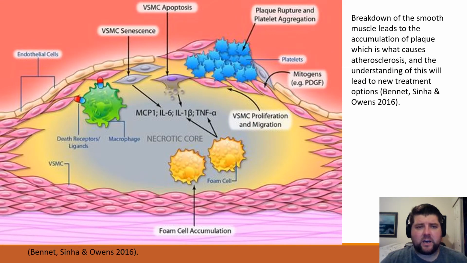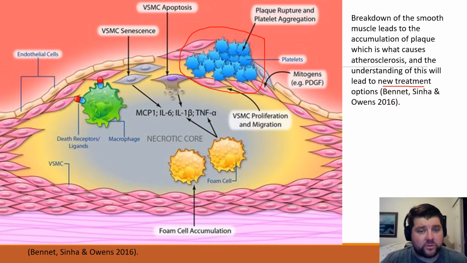So understanding exactly how these smooth muscle cells work is very important because there's a life cycle for these cells. And what happens in the breakdown of the smooth muscles is it leads to the accumulation of this plaque here. And this is what they mean when they say, oh, you've got butter in your arteries, and it's clogging up your heart. This is what they're talking about. And this accumulation of plaque causes atherosclerosis. I'm probably saying that wrong, but anyways,